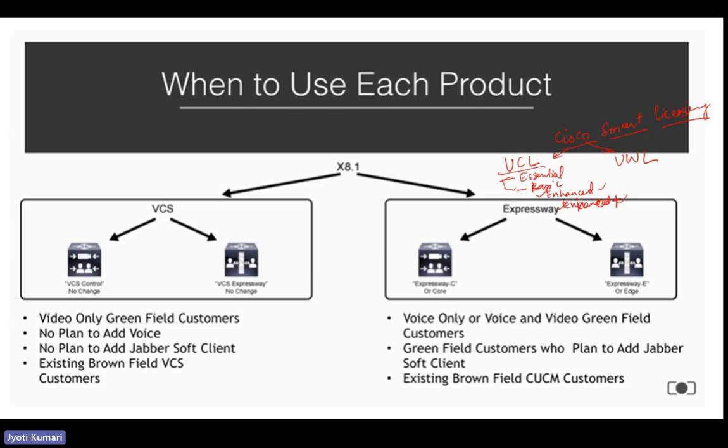Whereas Workspace licensing, there are three models with additional feature capabilities. We have one for meetings, and we have Essential. They give additional capabilities like the Enhanced and Enhanced Plus. So it is just similar to that. Along with that, additionally, it gives you capabilities for Unity Connection. So if you want to have additionally Unity Connection or conference meetings, this is the one you would want to go for. That is Workspace license. Now, as